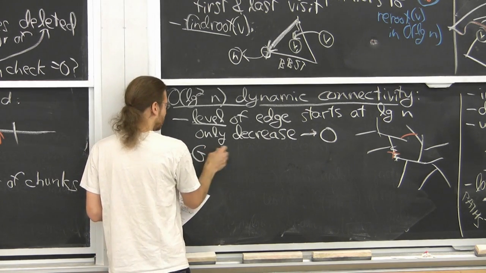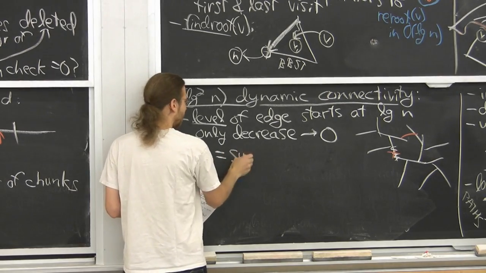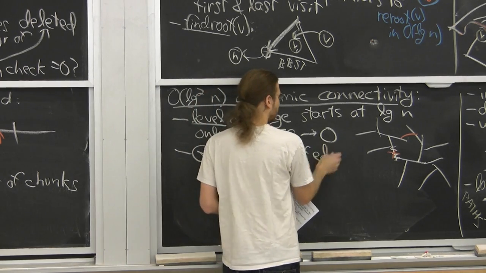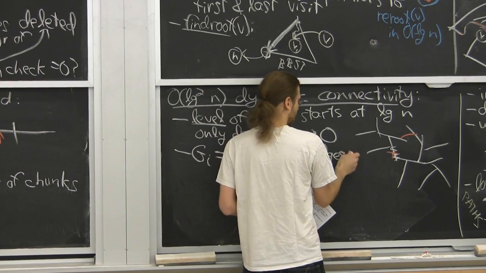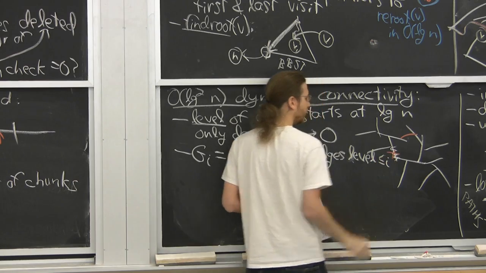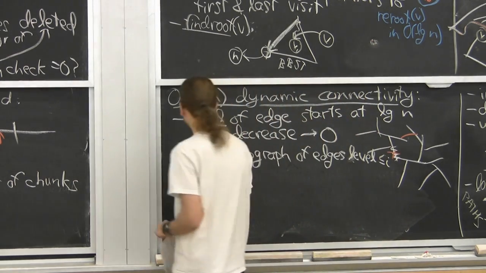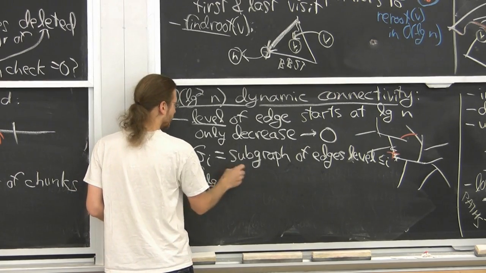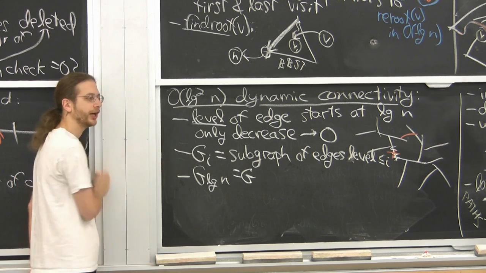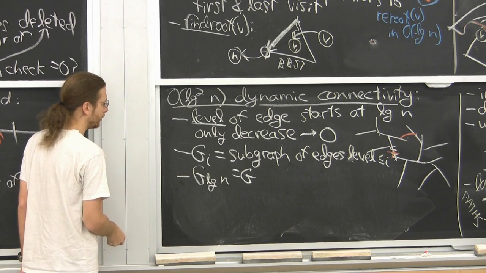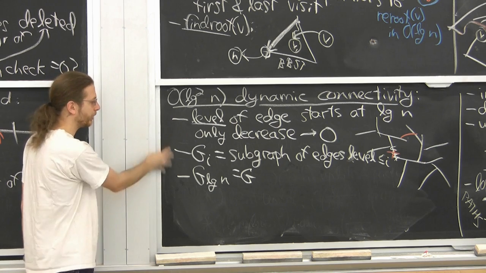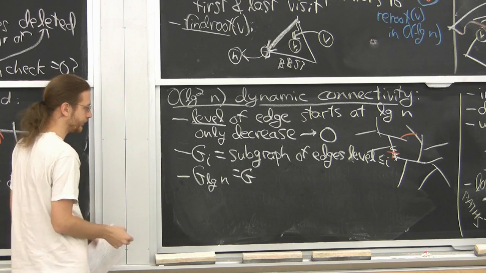Now, G is my graph, and G_i is going to be the subgraph of lower level edges, say level less than or equal to i. So in particular, G_{log n} is the whole graph. So we always include lower level edges. Level 0 is going to appear in all the G_i's. But if we look at G_0, it's only level 0 edges. G_1 is level 0 and 1. And so this is sort of a hierarchical decomposition of the graph. We have fewer edges at the bottom levels.